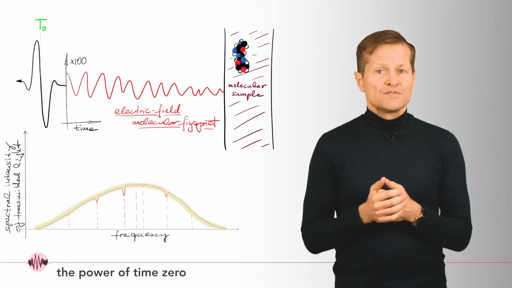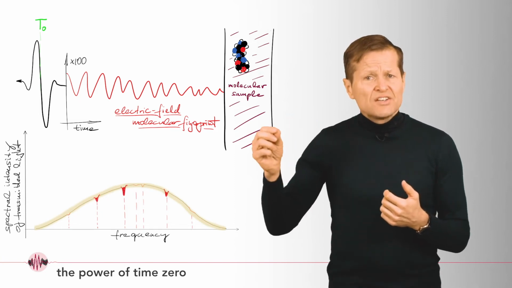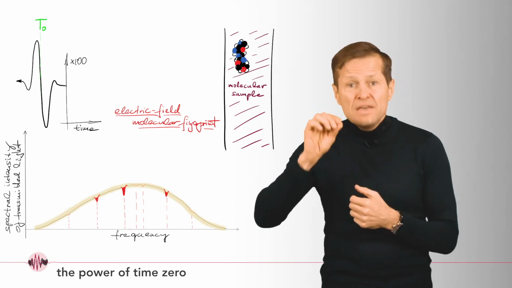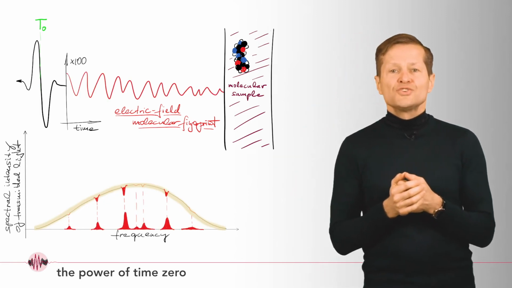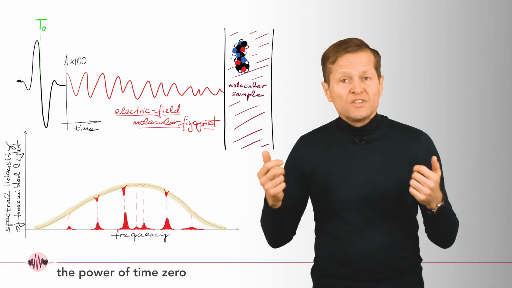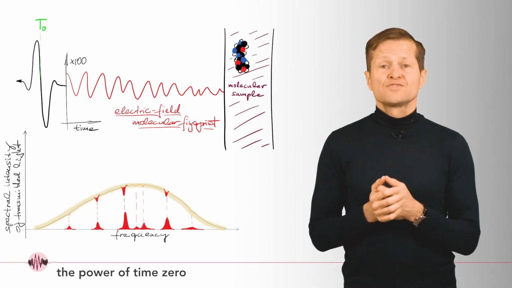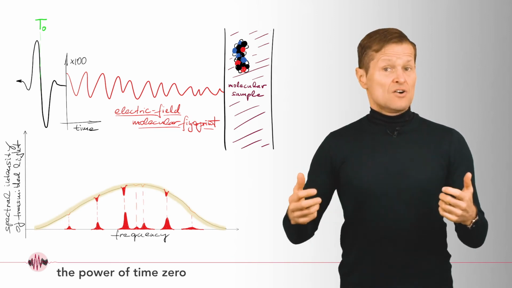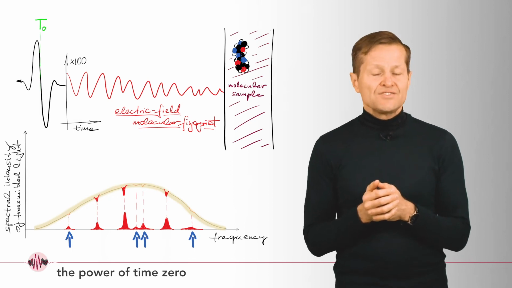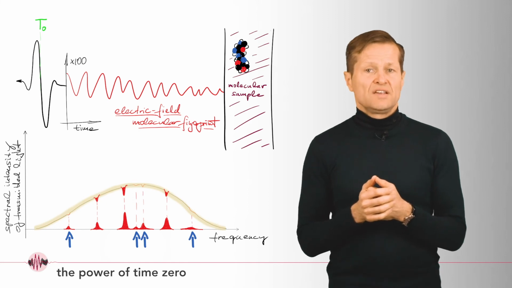The spectral distribution of this electric field molecular fingerprint signal doesn't feature dips in a noisy baseline. Rather, the dips are now inverted to form peaks sitting on an almost noise-free zero baseline. Therefore, molecules with absorption dips that are buried in noise when interrogated by frequency-resolved spectroscopy may now yield measurable signals. The power of time zero lies in the fact that weak molecular signals can be isolated from the excitation